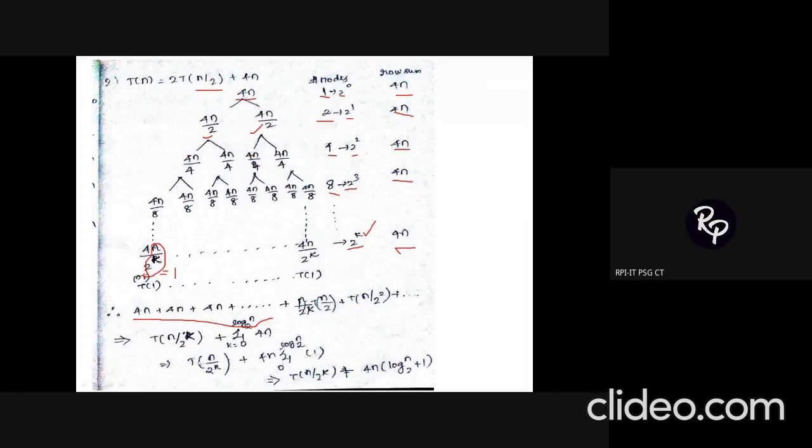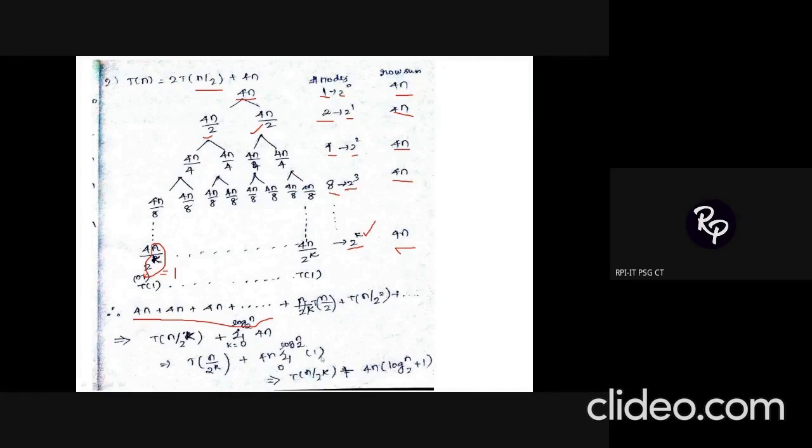So what this becomes is T of n divided by 2 power k, because I told you this is what we need to find out, and we are assuming this as 1. So T of n divided by 2 power k plus 4n. I am taking it as a common term because n is not having any effect over my k value, because my iteration is over k only. So I am left out with only 1.